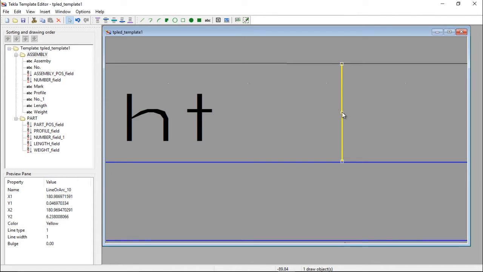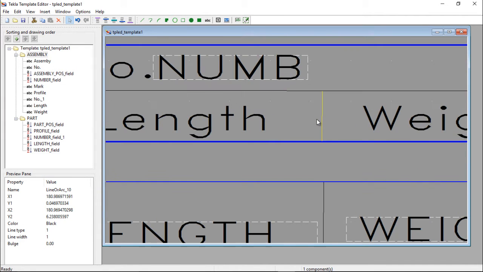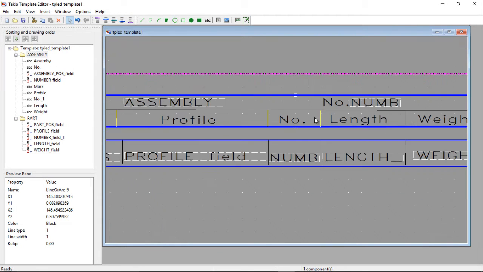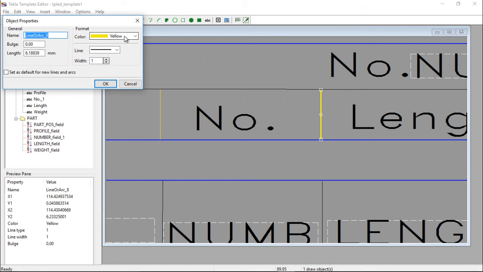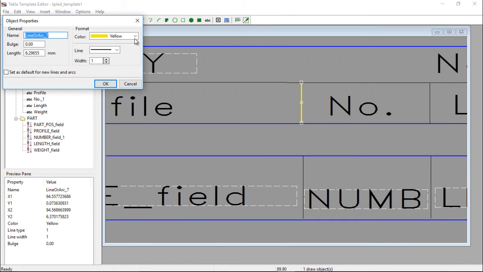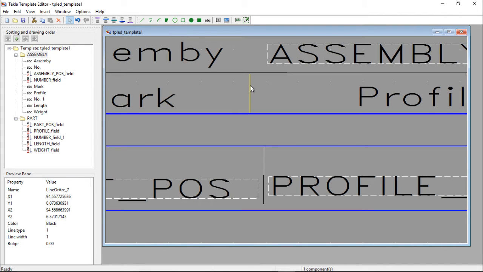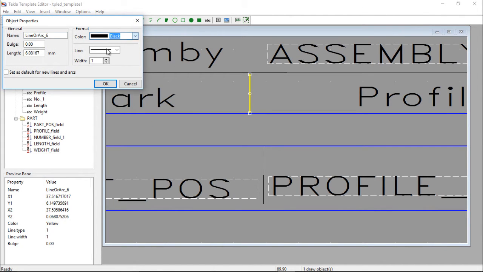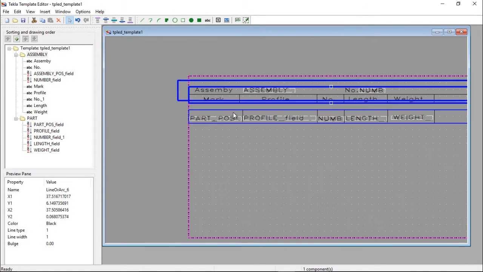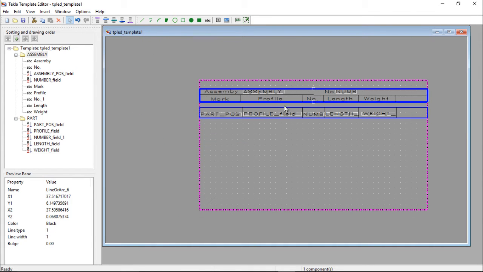Let's place it there. Double click on this to change the color. Double click on this to change the color. Let's change all these colors to black. Apply that. Double click and apply this. Double click and apply this. Perfect. Now what we are going to do,